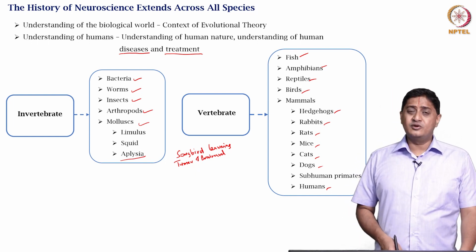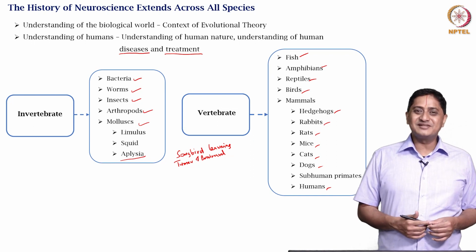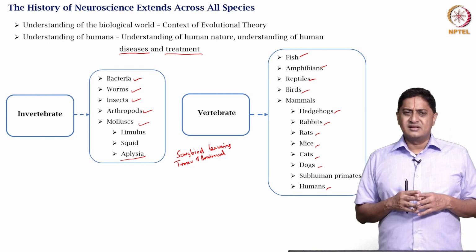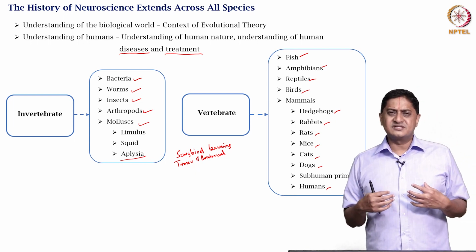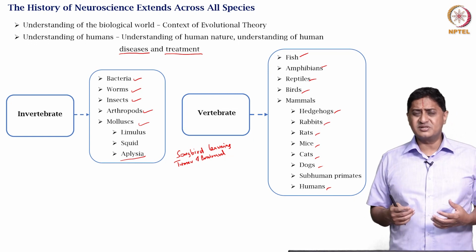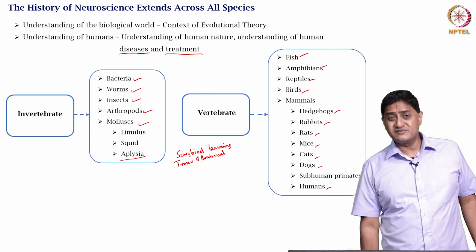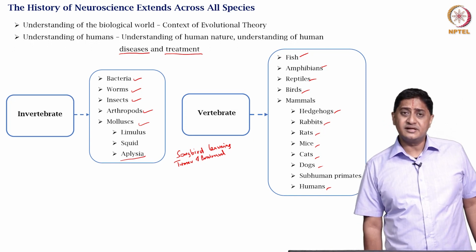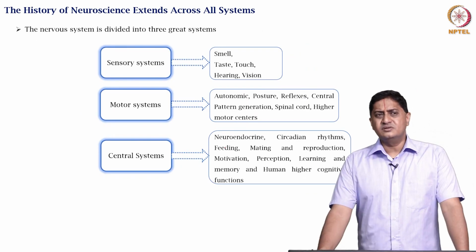Fantastic methodology. Although I work on humans, there is always something that I can learn from people who study other species. As students of neuroscience, we are interested in studying the history of neuroscience across all species because we are always curious, and because we are always interested in improving our methodology and our interpretation. Also, the history of